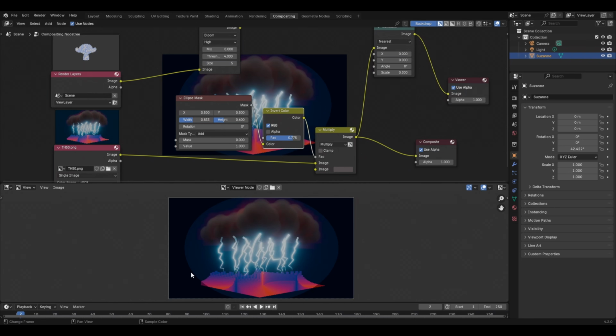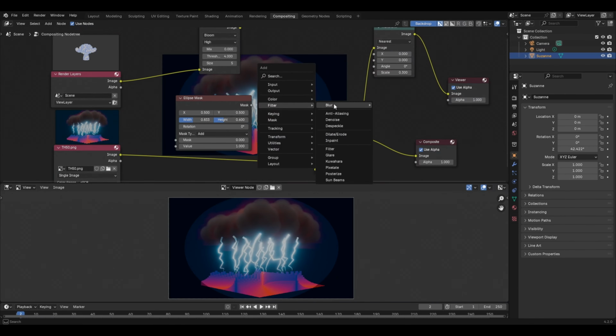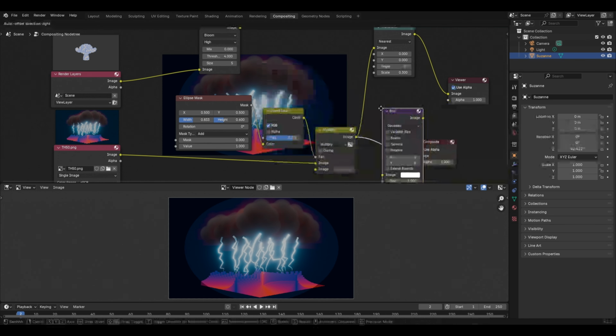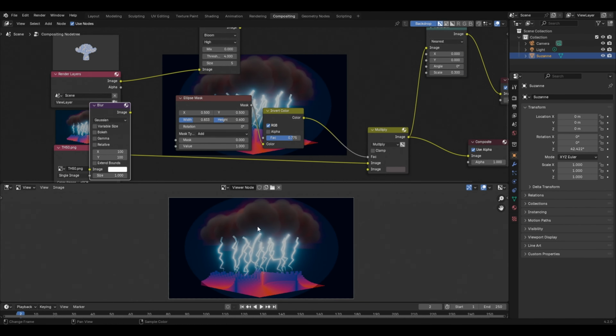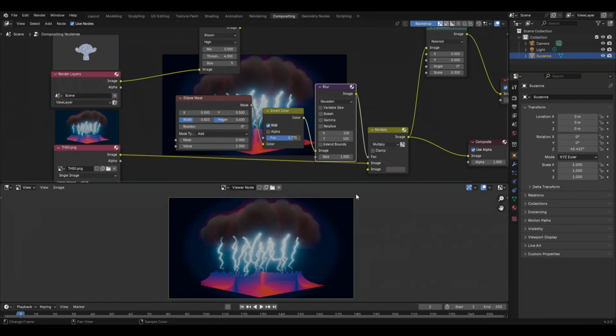So we connected it to the factor socket in the multiply node, and with this we have the simple vignette effect. Also, you can make this effect softer by using the blur node. So for this, go to the compositor, press Shift plus A, then in the filter, go to blur and select the blur node. Place it after the invert color, and now if I select the X and Y axis and increase the value to something like 100, then here you will notice that the vignette effect is looking much better than before. If I remove it from here, then previously the effect looked like this. However, after using the blur node, this is how the final result looks.